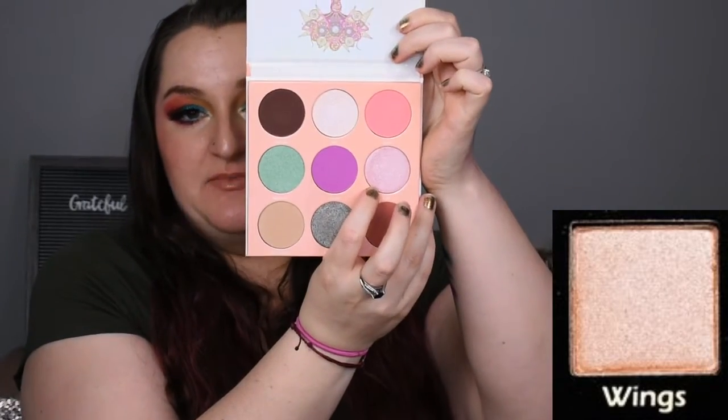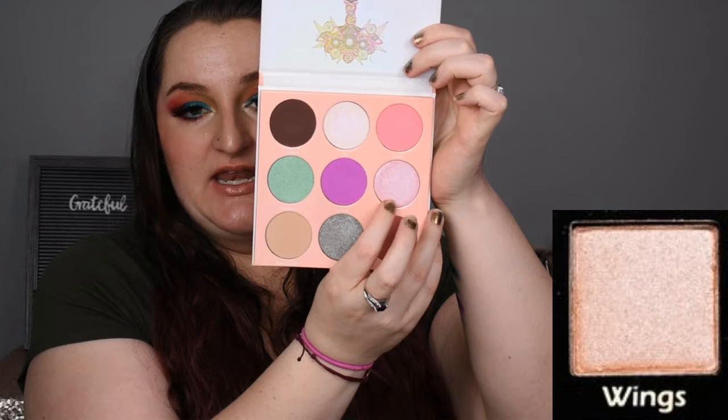Okay, so I'm going to go from the top left to the bottom right, and the first color that I wanted to dupe out was the color Wings, and that is sort of a frosty pinky white color. The palette that I thought best represented that shade is the Juvia's Place Deuce palette, and it's this shade right